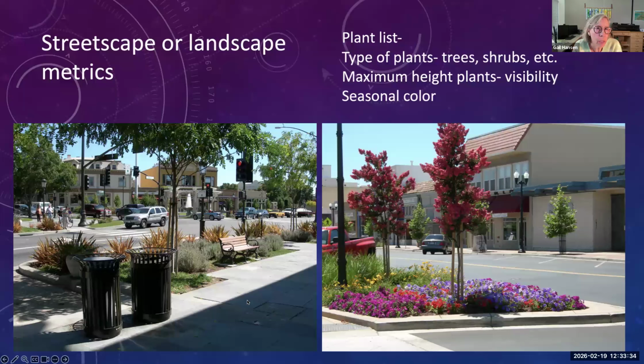The codes also have landscape metrics, or what they often call streetscape metrics. And again, the idea here is that you make your planting areas for your street trees bigger. So you can put a couple of trees in each planting area, or you can add benches or other amenities in those areas and give these street trees a better start to life and a better place to grow. And also ideas about adding more aesthetic appeal with plant material that's colorful. This one with all the crepe myrtle and the colorful flowers